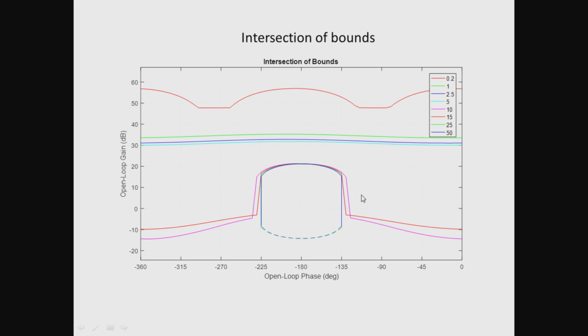Now, at 25 and 50 radians per second there were no performance specifications, we only had the stability specification, and the corresponding stability bound has been indicated here, and the loop gain has to lie outside this stability bound at 25 and 50 radians per second for the control system to be stable to the specified extent at these frequencies. The next step after obtaining the intersection of bounds is to perform loop shaping in order to determine the structure of the controller that allows for the loop gain to lie within the permissible regions at each of the frequencies that have been shown here.